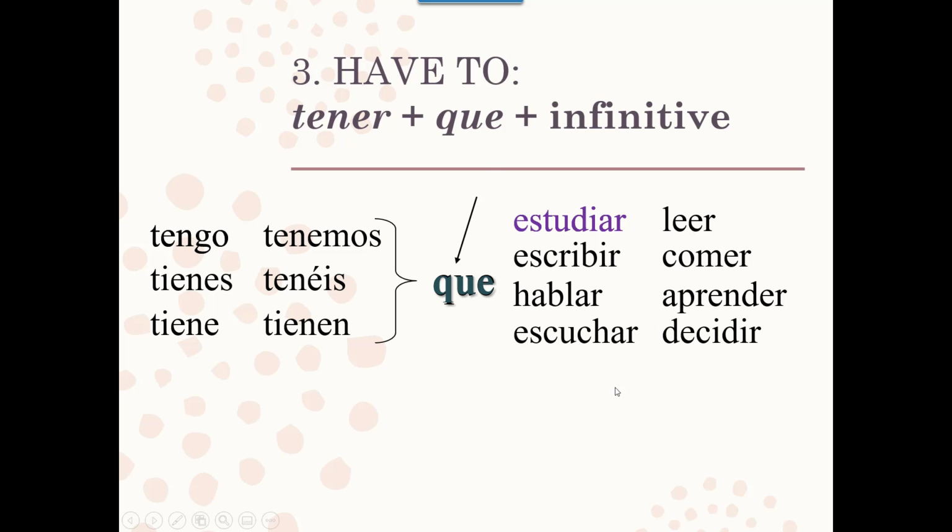And then the main verb. I have to study, estudiar. And you don't change the ending for the second verb, okay? You do change the first form, the verb to have. Yo tengo que estudiar. I have to study. You have to talk. You have is this form, right? This is the you have. Tienes. And then que, tienes que hablar. Talk. Ella tiene que comer. She has to eat. This is how it works, okay?